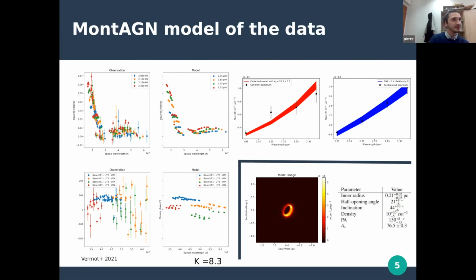But in my model, there is no polar emission. So maybe there will be less absorption in the polar emission or something like that. But I find AV equals 70, and this is not